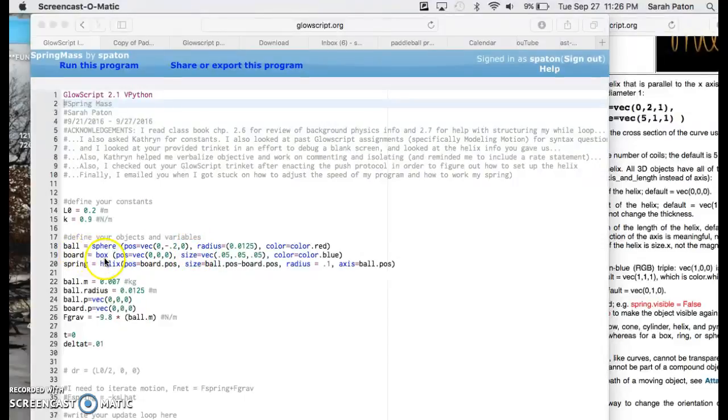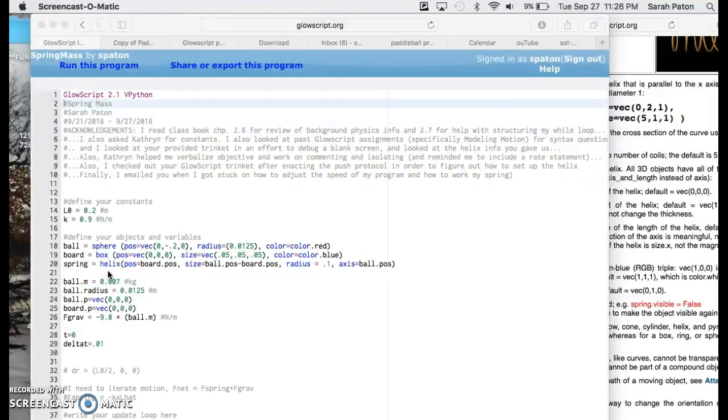I created a box and named it board. And since it's stationary, it's just at the origin, and its size is thus. And then finally, this came much, much later, I created a helix and named it my spring. This part came much, much after the other two, because at first I didn't quite know how to format it. As I emailed you earlier,